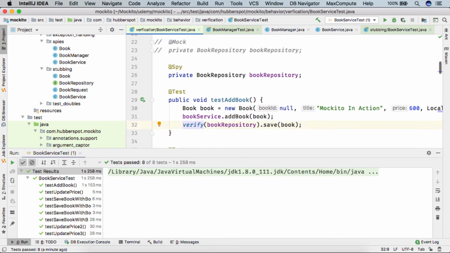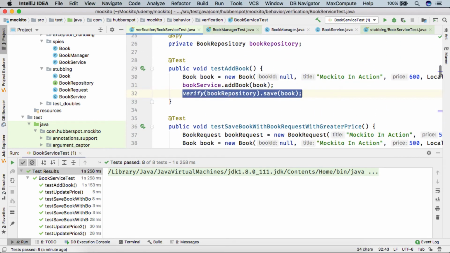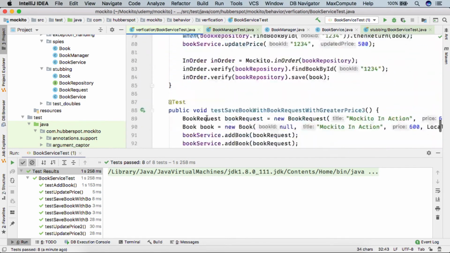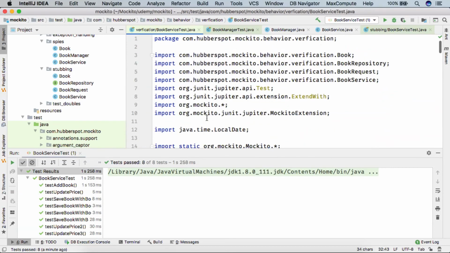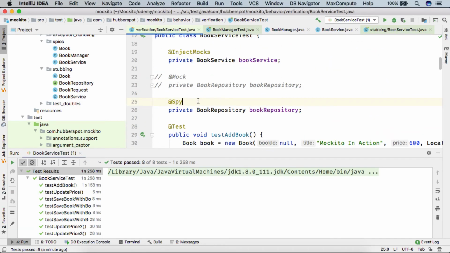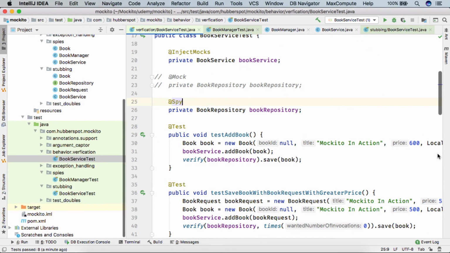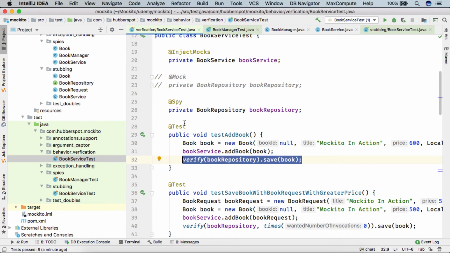So friends, we already discussed behavior verification in mock in great detail. So the similar concepts are applied on the spy object as well. Whatever we perform with the mock, the similar stuff we need to perform with the spy to provide the behavior verification capability.